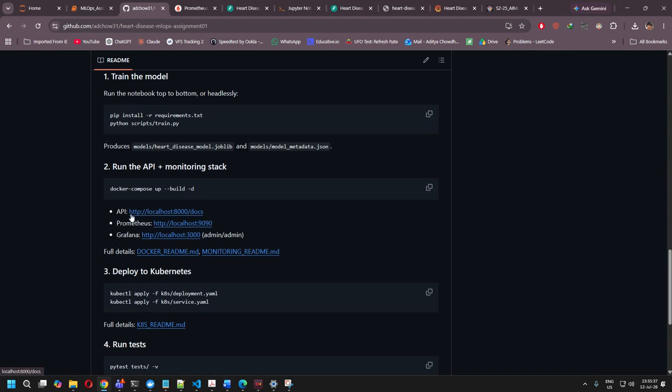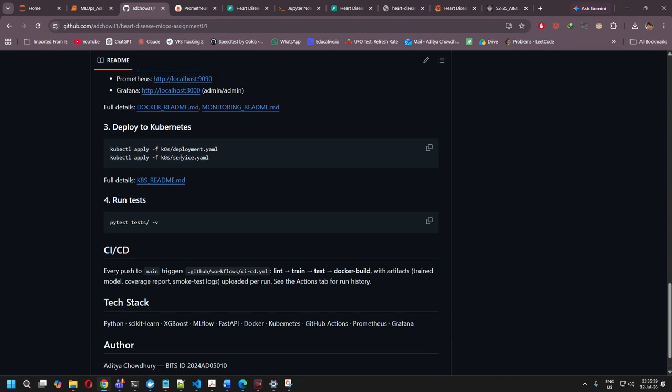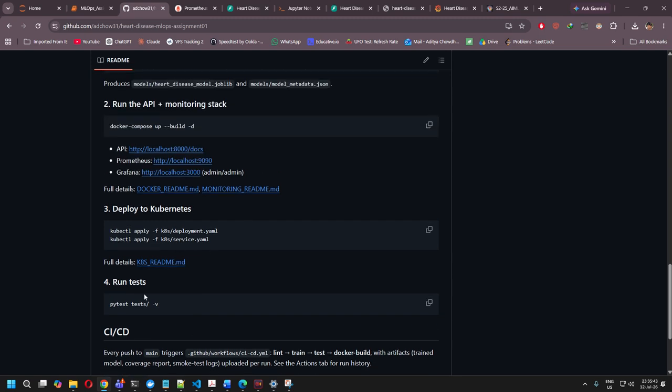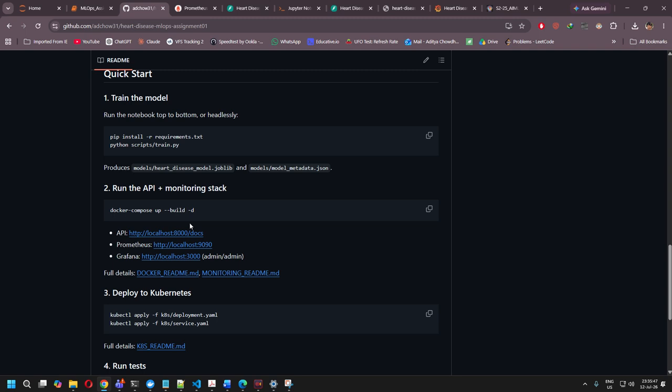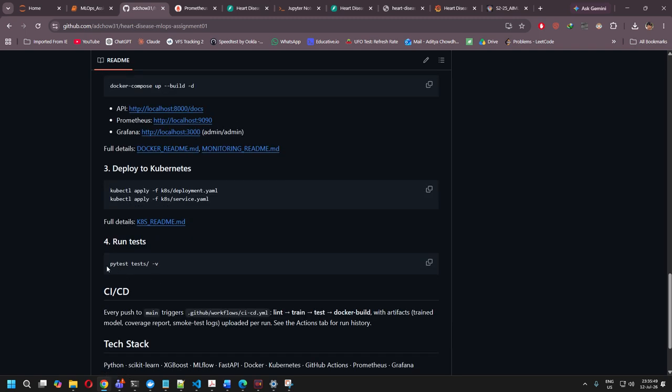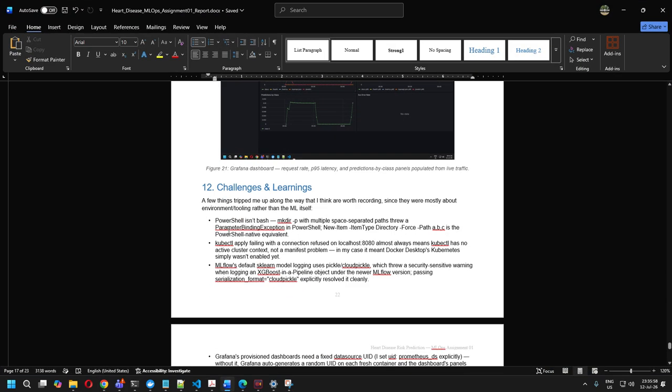Now the last part is about the tests. The test part, which I have explained before, contains around 20 test suite parameters. The test suite parameters are responsible for checking whether my model has all of the relevant outputs, and any code changes which I am pushing will go through the unit test part over here.